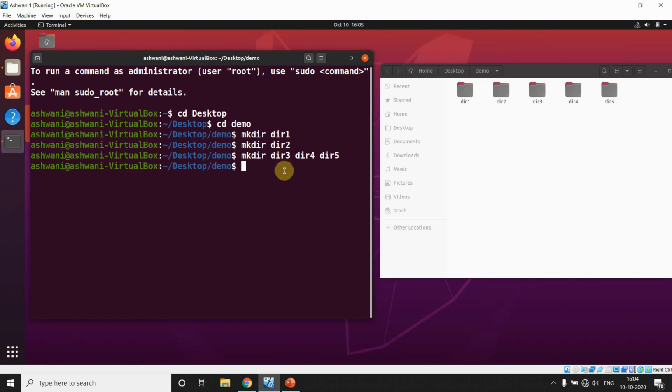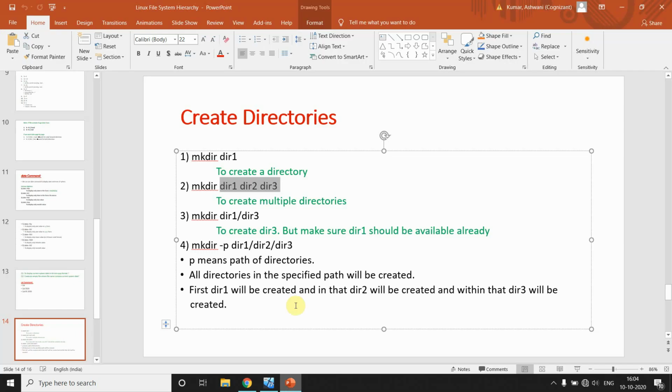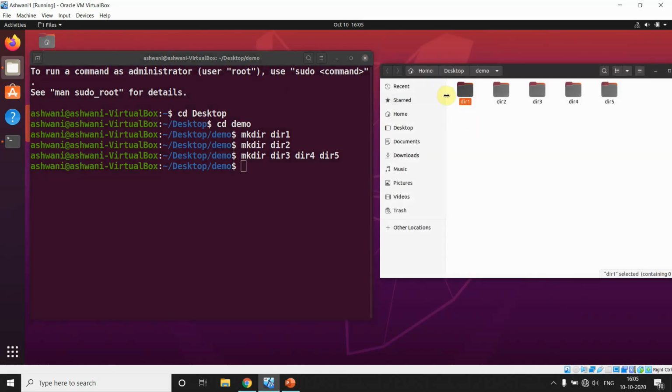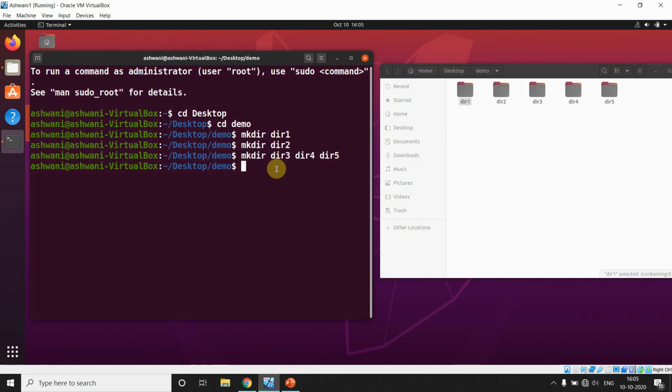And my next requirement is I want to make a directory inside one directory, like I want to make one directory inside my dir1. So what should I say? mkdir dir1, inside that, slash.